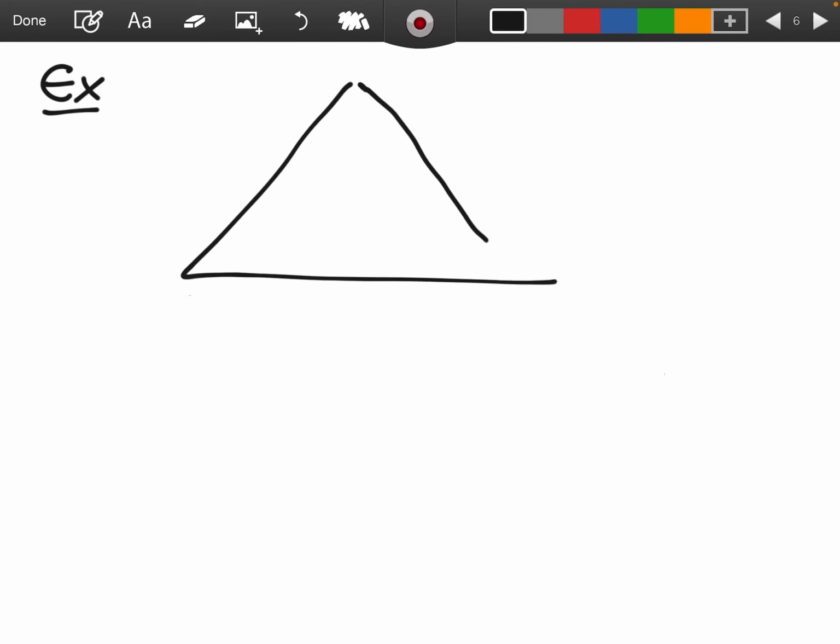So now we're going to look at the example where there are two possible triangles from the information that is given to us. So in this example, I've got this triangle here, and I know that one of my sides, we'll call it A, is 10.1. Another one of my sides is 7.3, and I know that the angle that is opposite the side of length 7.3 is